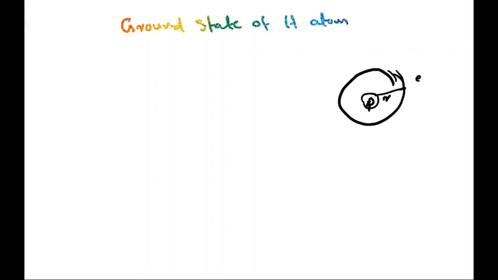So that dependence can be written of the form e raised to minus r divided by a naught, which was represented in the previous case, but a naught is a particular value. Instead of that we have a variable adjustable parameter. I don't know right now what the value of a naught is. I'm taking it as my variable. So this is going to be the wave function form, and of course we have the normalization constant. For the ground state, this is a good trial wave function that we can start with.